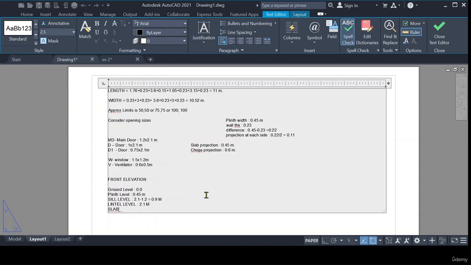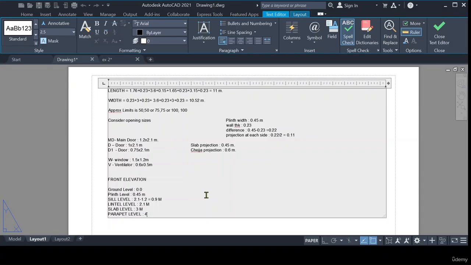Next, slab level, that is also the bottom of the slab, that is 3 meter. Next, parapet level. What is meant by parapet level here? Above the slab, a small height of masonry wall is constructed to avoid accidents, and so that the rainwater will not directly drain off through the walls. For that purpose we are providing the parapet wall, and for safety purposes also. So 1 meter we are considering as the parapet height,